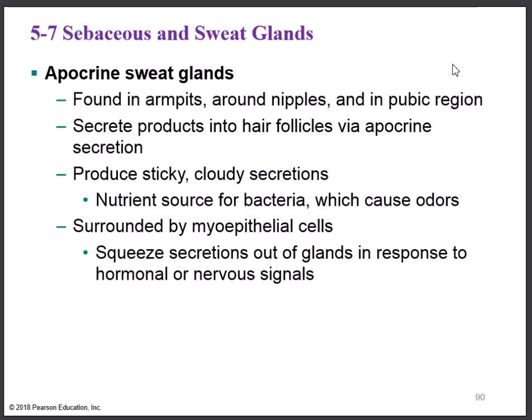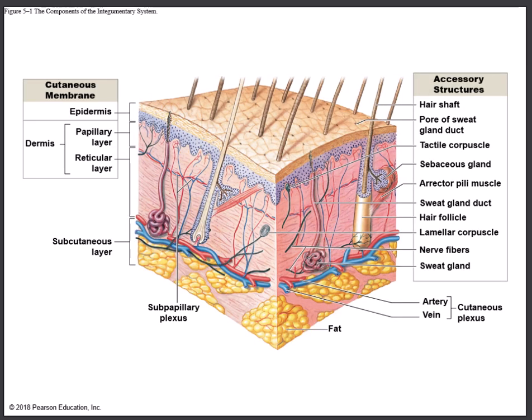All right, so any sweat from the pubic region, the axilla will be producing apocrine sweat, and again, that's typically smelly sweat. One thing about these glands is they actually have some smooth muscle around them called myoepithelial cells. You can highlight this. These are actually cells that squeeze the gland and push the secretion into